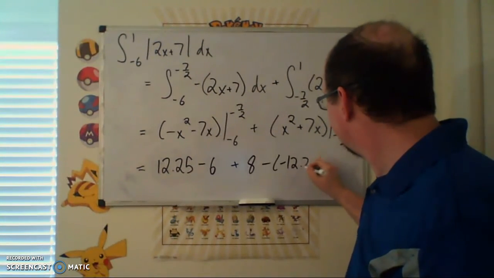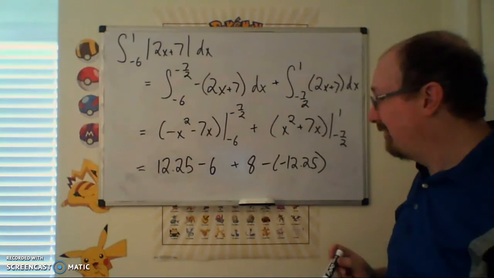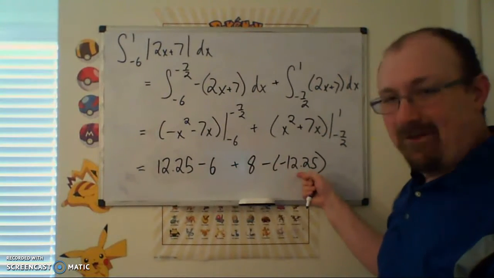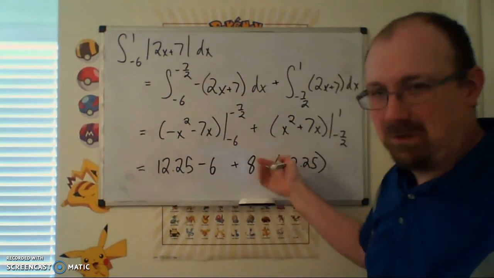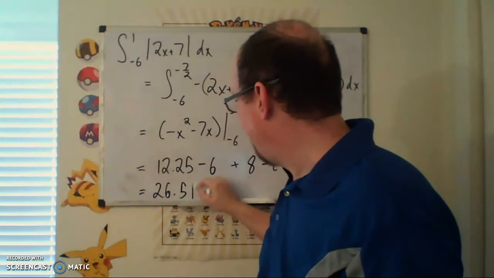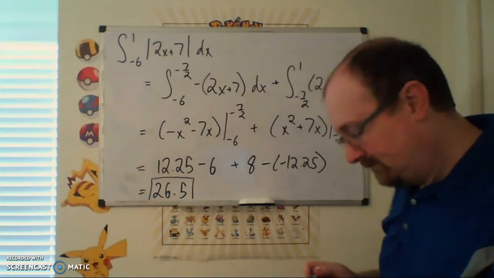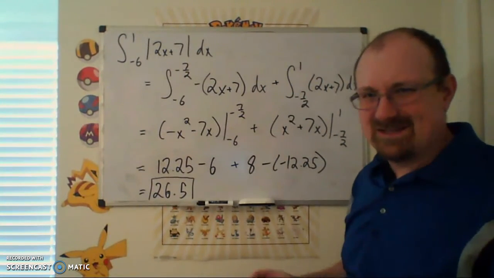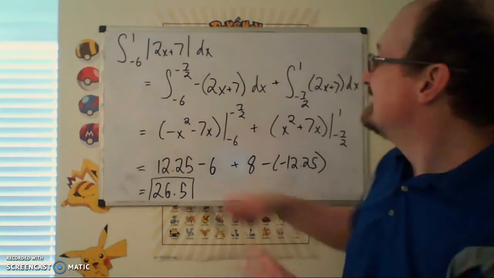All right, now pounding out all the arithmetic, these work out together because this is like an addition. You get 24 and a half minus 6 plus 8. Lo and behold, that is 26.5, or I guess 53 halves if you want to go fraction. So that's how we would get this analytically. Like I said, absolute values always seem to end up having this effect on people. So that was technically